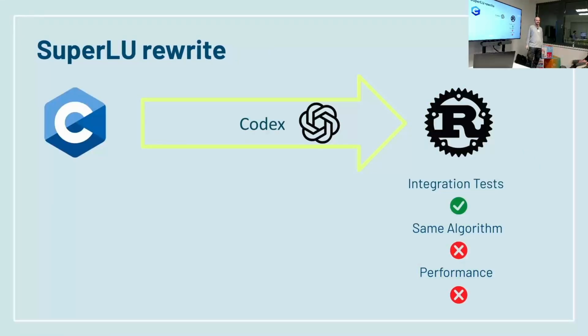So Daniel did a fun project over Christmas, which is, okay, we have pretty solid testing for that thing. Just throw that into Codex and wait. Give me a Rust rewrite of that thing. Fun thing is, that actually worked. It passed all integration tests, but it's not the same algorithm. It implemented something that does the same thing on the surface. Most probably. Well, it passes all the tests, so the observable outside behavior is the same, but how good are the tests? Yeah, I think our testing for that is pretty good, but